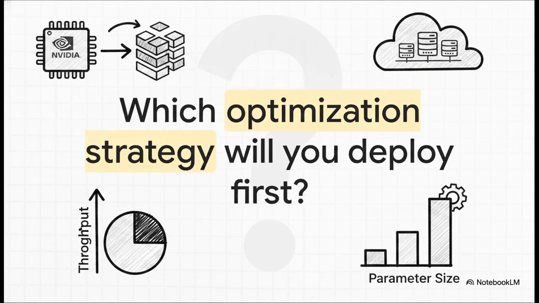So I'm going to leave you with a question to think about. Based on your model's parameter size, which optimization strategy are you going to deploy first on NVIDIA Blackwell? Take this framework, apply it to your own workloads today, and go start